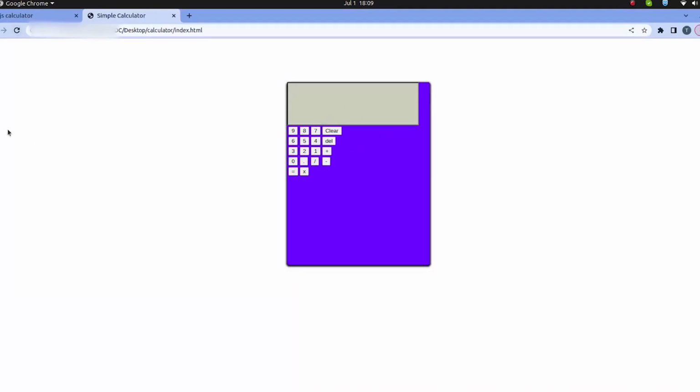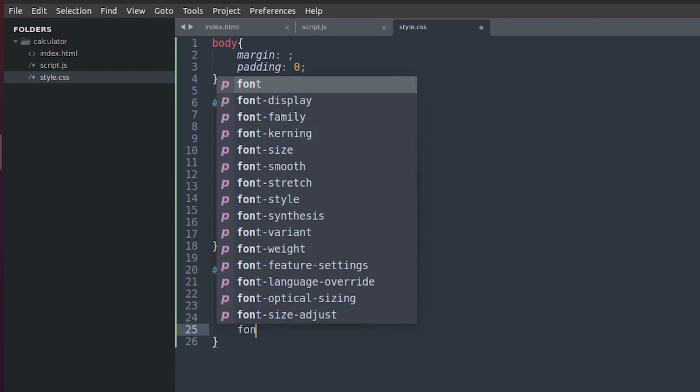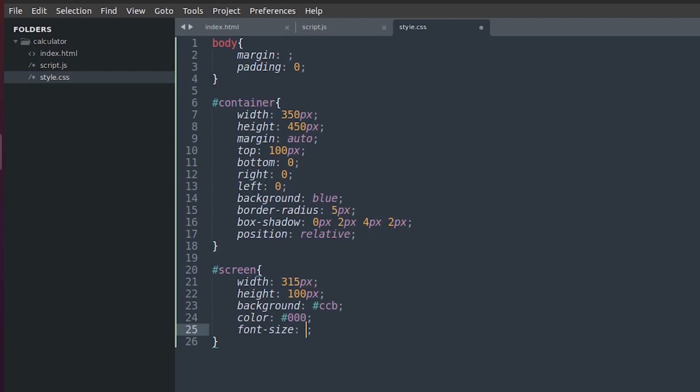Okay, like gray. So for the color of the text within the screen, we want to set it as black. Okay, next, the font size of those numbers that are going to be displaying on the screen, let's set it at 60 px. And then the padding